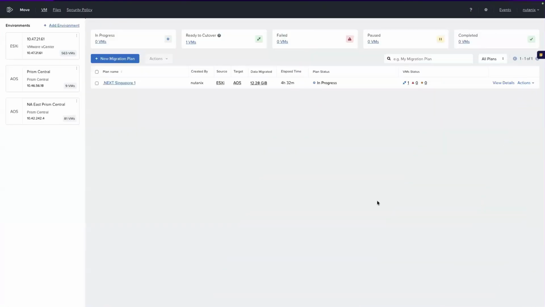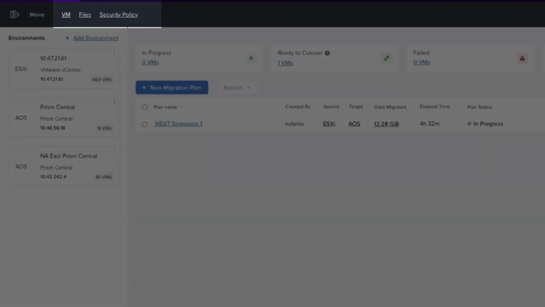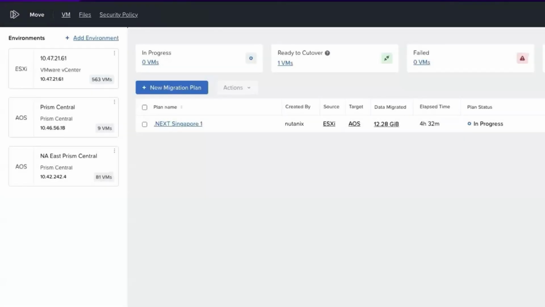From the dashboard, you can see that if you look up at the top, there are menu tabs. The tabs are for the type of migration you will use. We are on the VM tab. The Files tab will manage migrations from shares on Nutanix Files, and the new section is the security policy, which